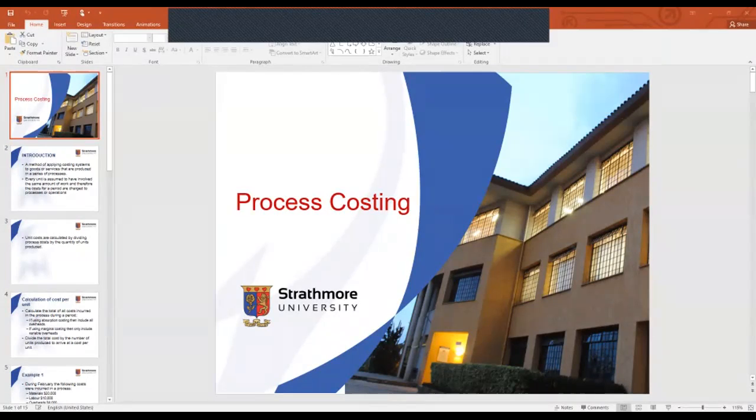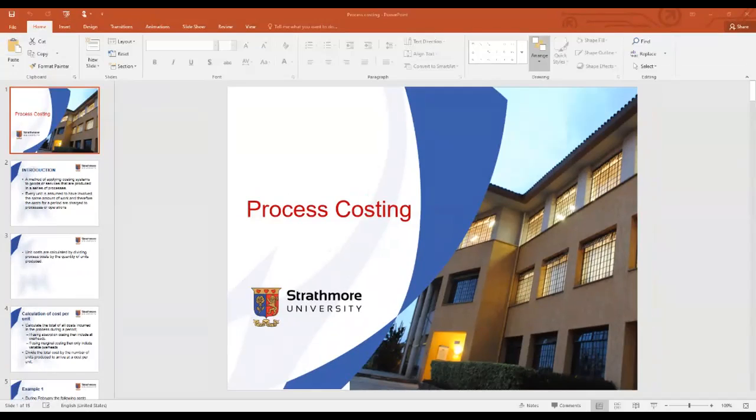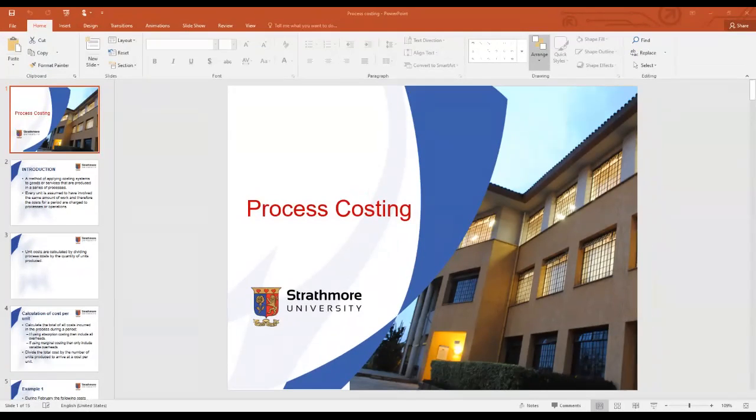In the morning, we were discussing how to get the cost of a batch. It's a continuation. So we began from job costing to batch costing. Now we discussed what we call process costing. In process costing, it's just like batch costing, or rather, batch costing, we can have